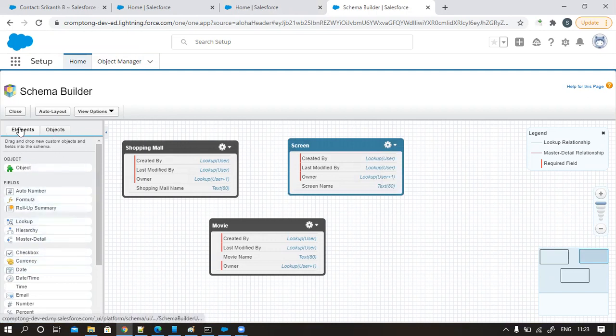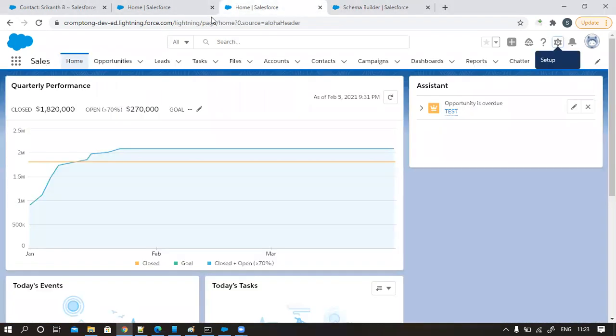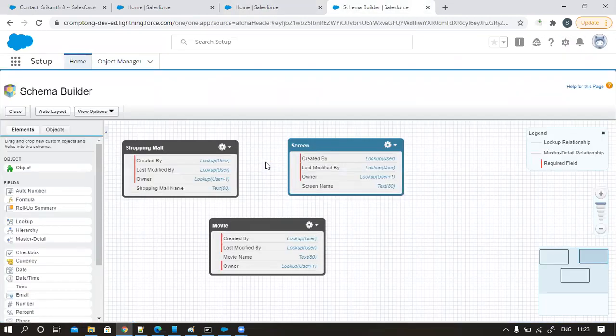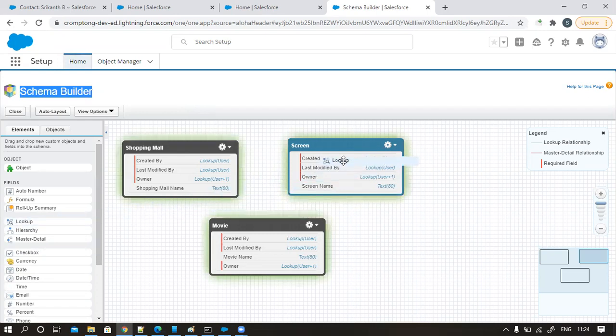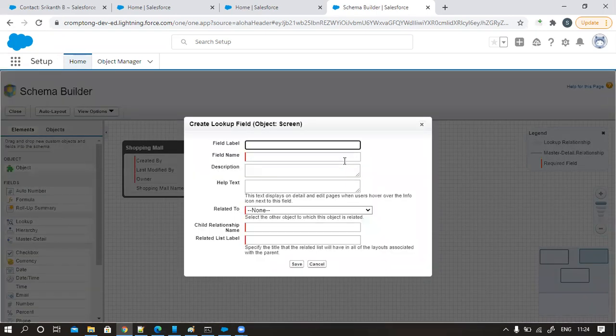See, till today you know how to create that from the setup, right? You click on setup, either you go to the object manager or you go to the create section, whatever it may be. There's a straightforward way. But you can simply create it from the schema builder also. If you are willing to understand, yes, go and create from here. If not, please give it up. See, there is a lookup relationship. Drag and drop it onto the screen. Now you can type like this: